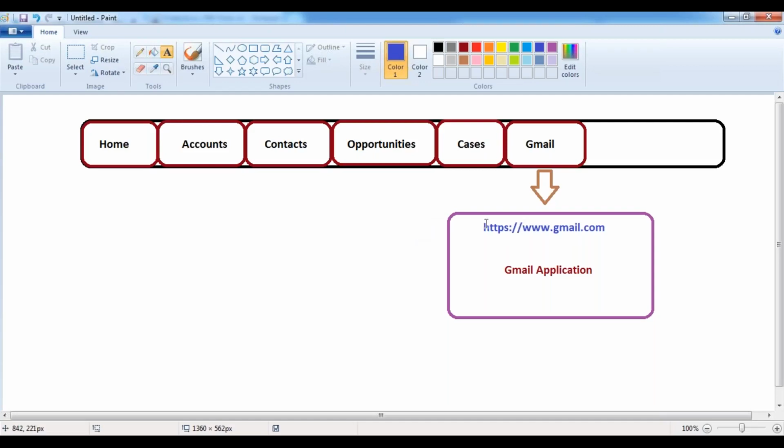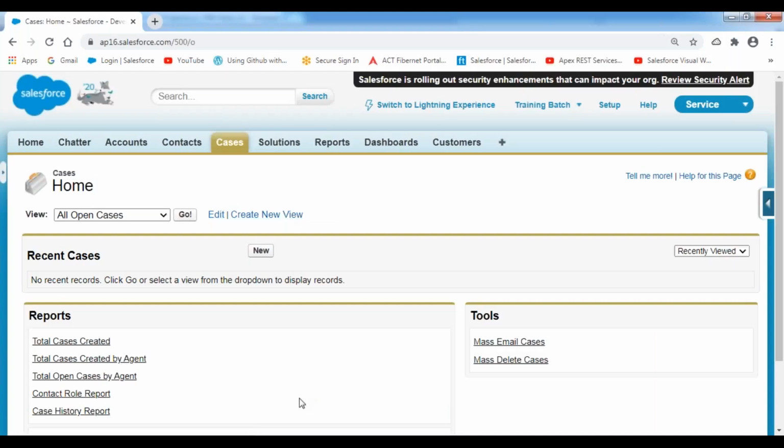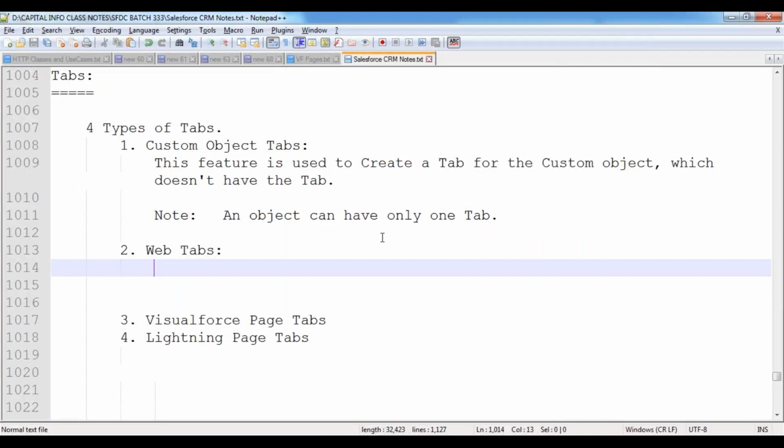Gmail is a web application which has a website name, an address bar, and a URL. So upon clicking this tab, if you want to redirect the user to a specific web application based on the URL or the path of the application, then we can go with web tabs. Web tab means: upon clicking this tab, please open a website.